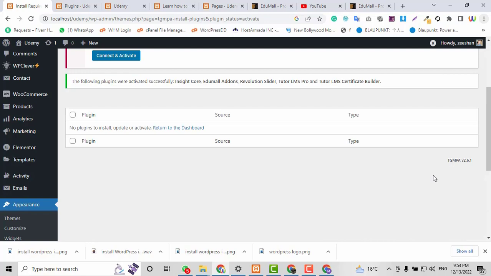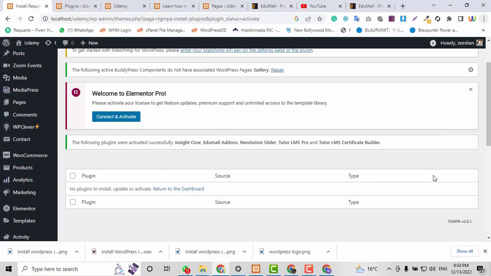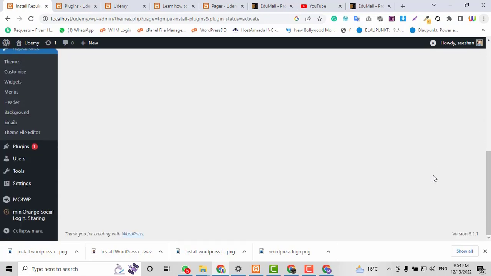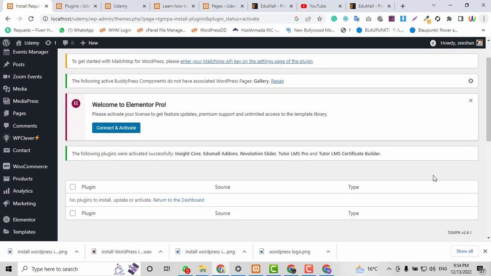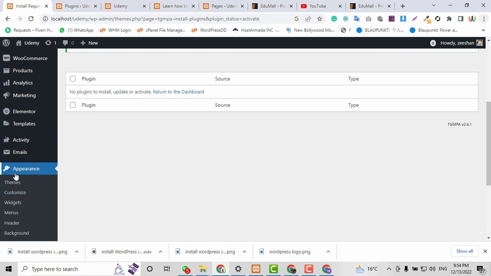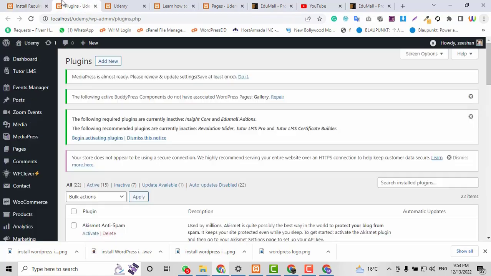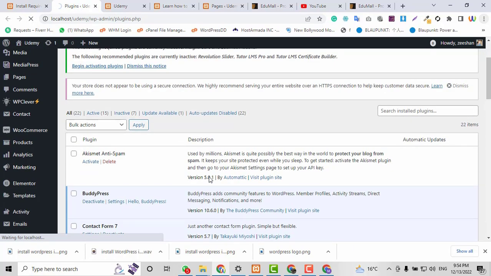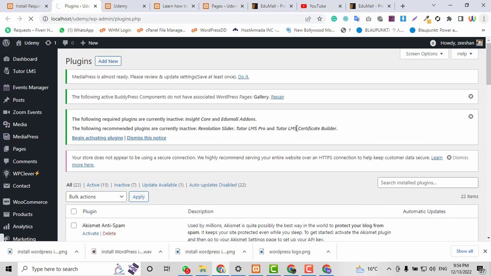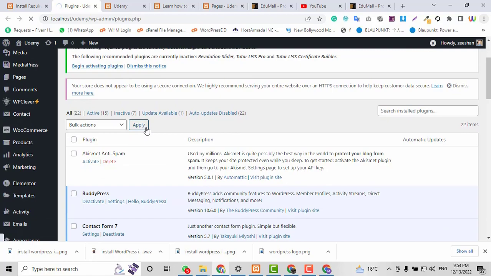Here you can see remaining plugins are also activated. So now all the plugins and theme have been activated. So now we can easily install our dummy content as well. If we click here and in the plugins, we can verify again if there are any plugins inactive, we can